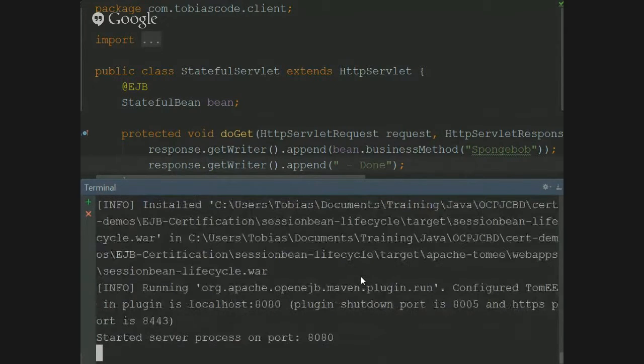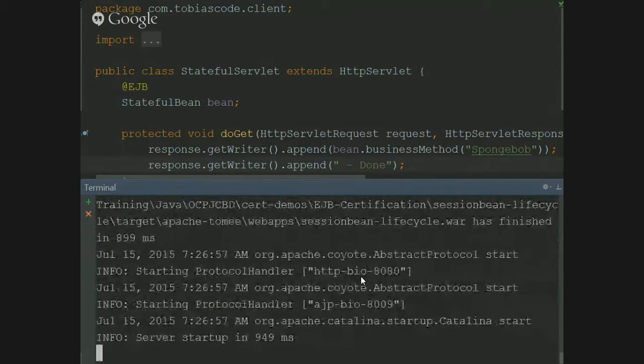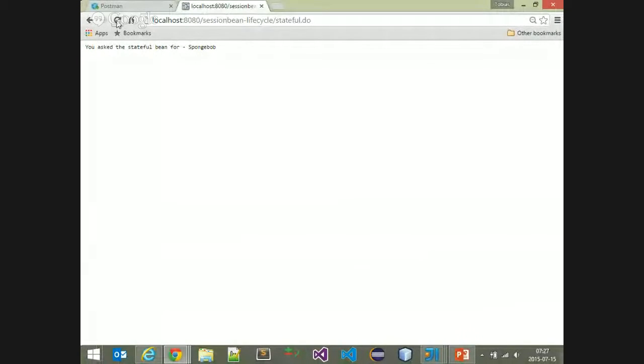If we leave it now, and even if I close the container, it's not going to call the pre-destroy on this, because that's not part of the